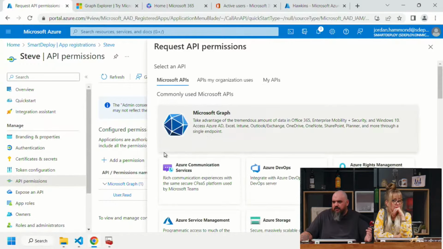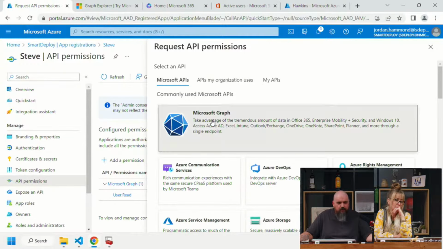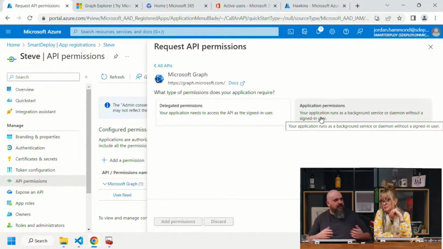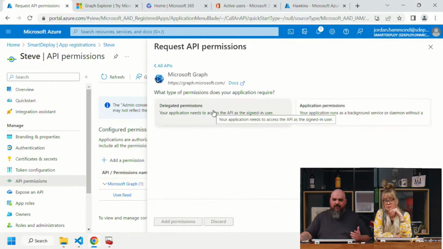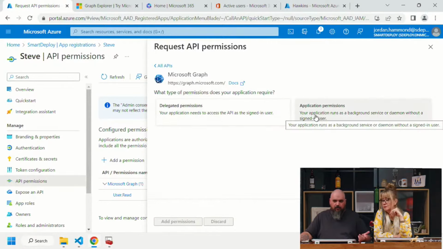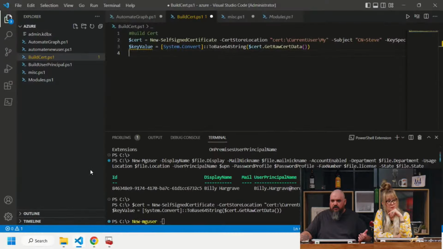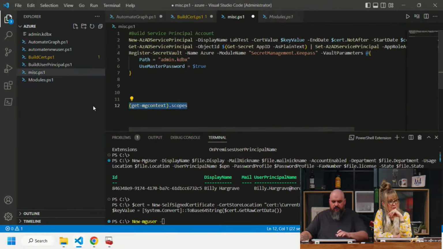add a permission, we're doing Graph because Graph's the command we're doing. And then it comes here, we have delegated, we have application. Delegated is more of your API queries, things where there's no user action. Application permission is if you're going to be actually connecting as that account and using it. The lab test that I have is in delegated. Both will work. I'll do delegated again. The main difference is if you come in to the user that's logged in here and run as the scopes,